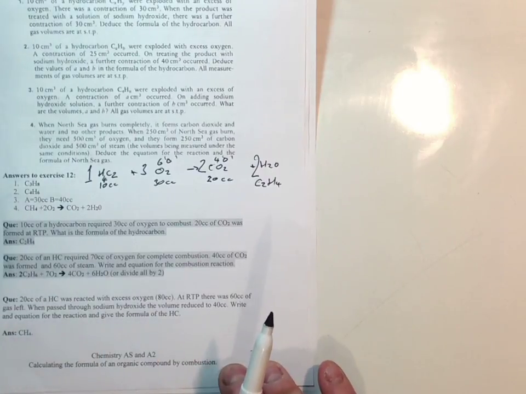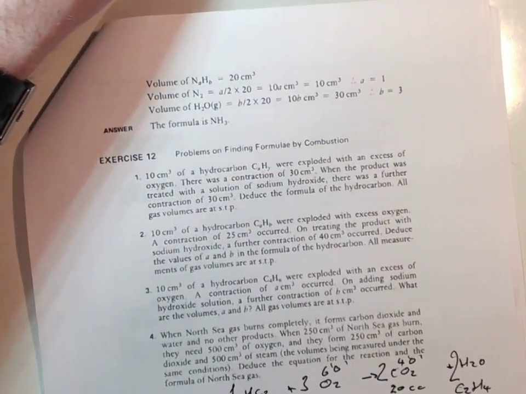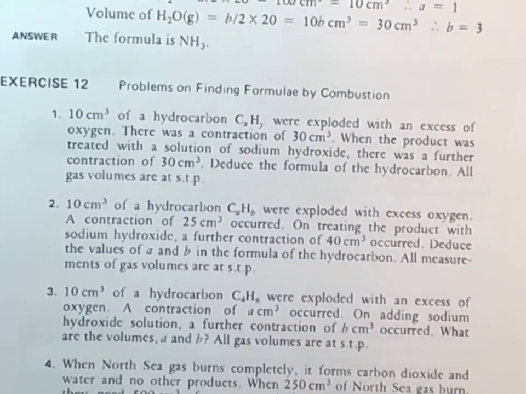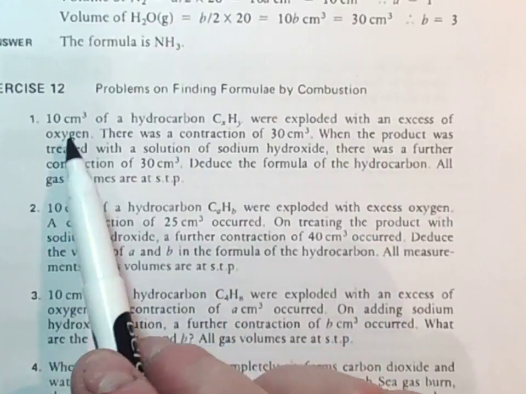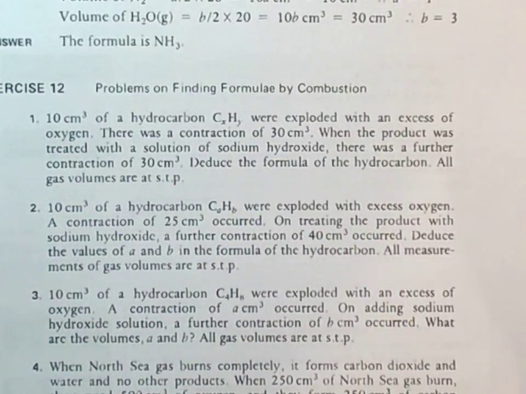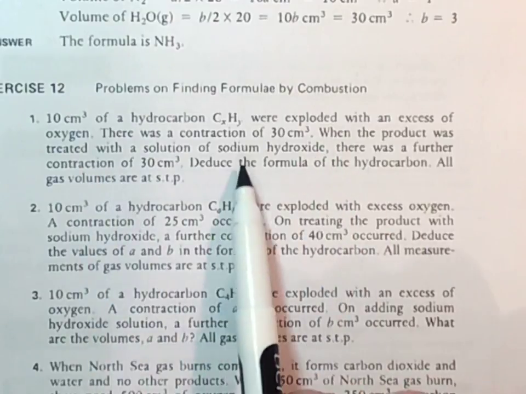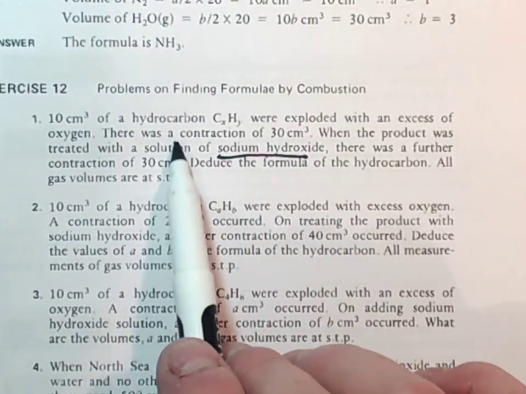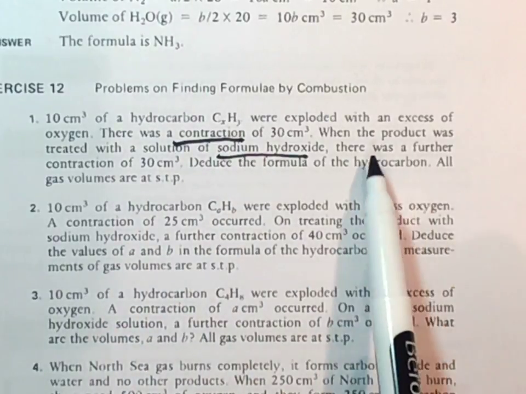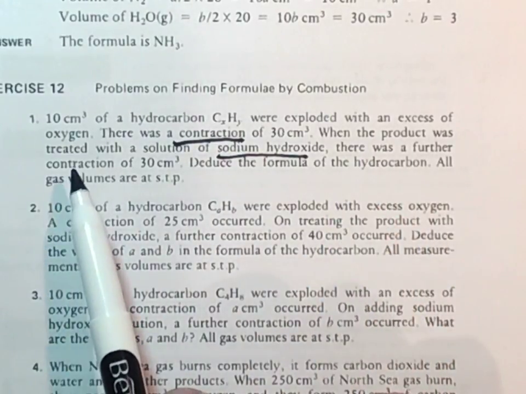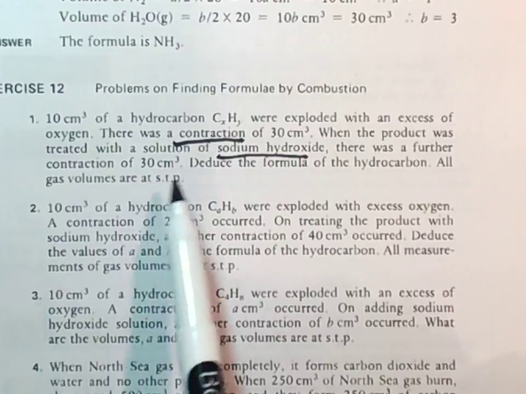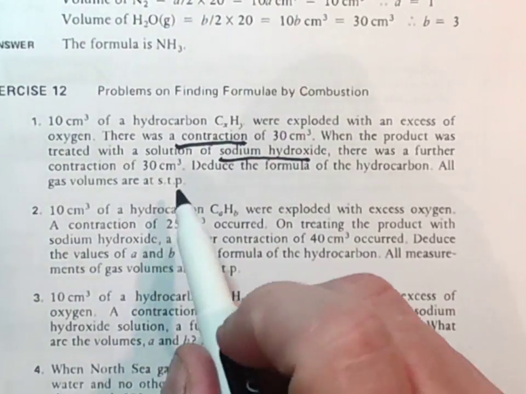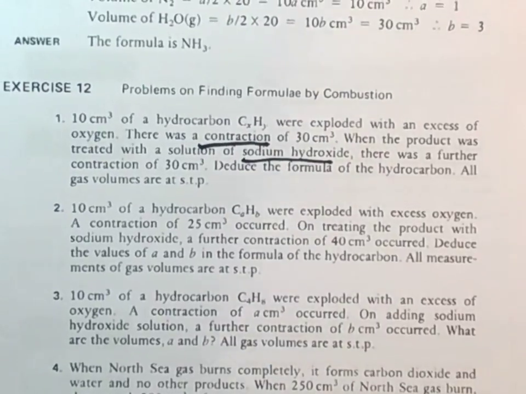Okay, right, we'll go and have a look at this one here. Okay, so we've got 10 cubic centimeters of a hydrocarbon exploded with an excess of oxygen. There was a contraction this time, which is different, so we'll deal with that in a second, when the product was treated with a solution of sodium hydroxide. And again, both those things are different. Okay, we haven't come across those before. There was a further contraction of 30 cc's when I added it through sodium hydroxide, deduce the formula of the hydrocarbon. All of them are at room temperature and pressure, so they're all at the same temperature and pressure,